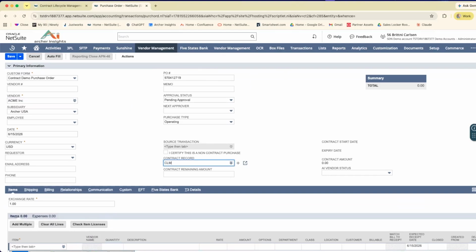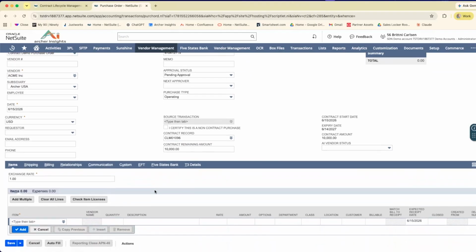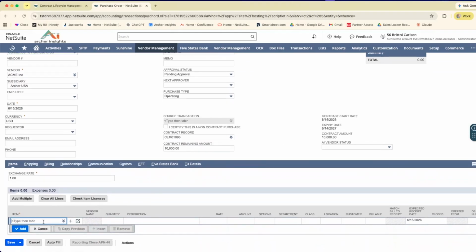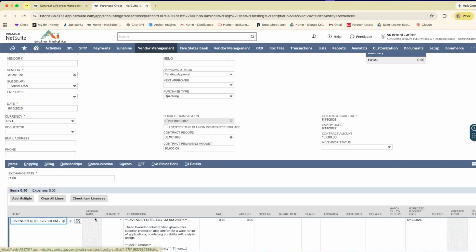contract record. After we select the contract record, we're able to see the remaining amount on the contract, the original contract amount, the expiration date, and the contract start date. We can enter in the item we wish to purchase from the vendor. Select lavender nitrile gloves,